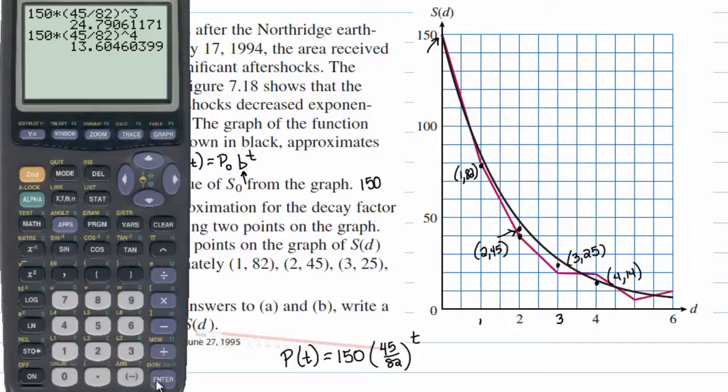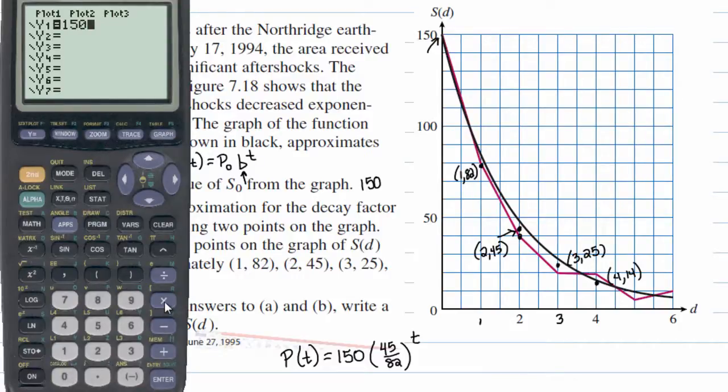Now, the other thing I want to do here is show you how you can really get some cool results using your graphing calculator. So I clear my screen. Now get ready to learn. Put your learning hats on. I'm going to first hit y equals, and I'm just going to clear out any of the functions I have in there already. And I'm going to type in the function that I've been given,